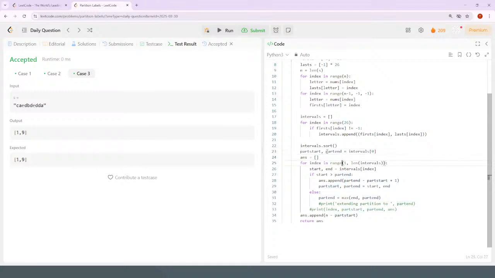Have an answer array for every later interval. If I take the start and end of that interval,